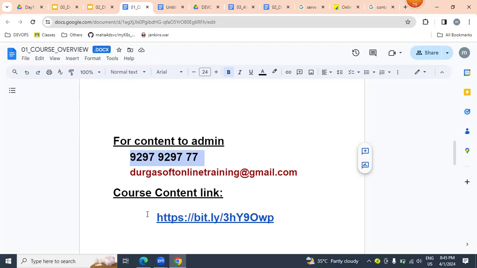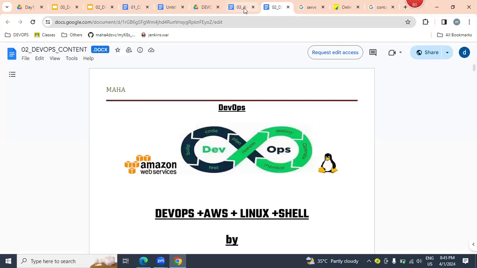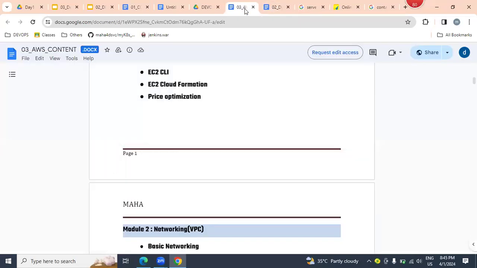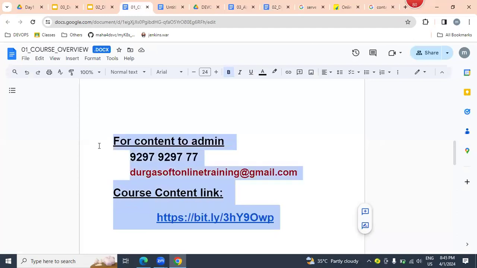And if you want to see my course content, copy and paste this into any browser, and you can see this document list. If you double click on these two documents, you can open them. In total, 20 pages of DevOps content and 10 pages of AWS content I'm going to be providing to you. Please revise it after this class. Whatever information is there, please copy it from here, and I'm going to provide it in the chat box. If you double click, it will open automatically.